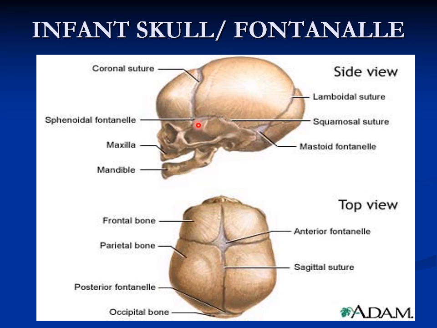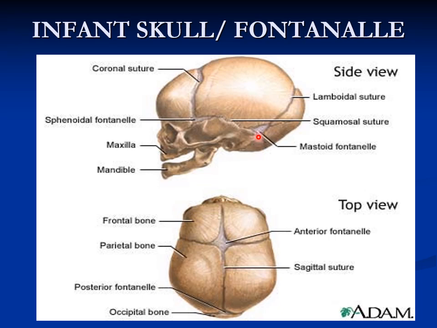Also at these lateral aspects, where different bones are uniting, we see the lateral fontanelles, 2 on each side. So in total you are going to have 6 fontanelles: 2 lateral on each side, so there are 4, then the anterior is the 5th one, and the 6th one is the posterior fontanelle. So there are 4 lateral, 1 anterior and 1 posterior fontanelle, and in total in the infant skull you are going to see 6 fontanelles.